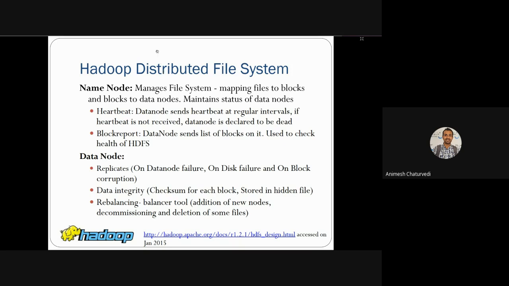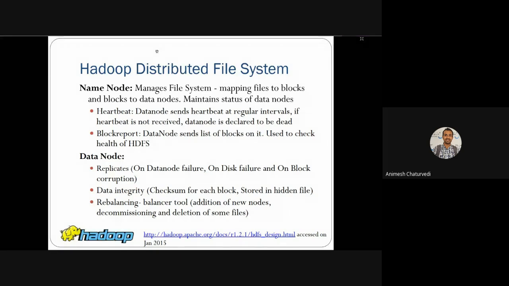If a heartbeat is not received from a particular data node, that data node is declared dead. Suppose the Bangalore server is down, so its heartbeat does not go to the master server, the name node at Delhi. Since the Bangalore server's heartbeat does not reach Delhi, the Bangalore server will be declared dead. This is what is meant by heartbeat.